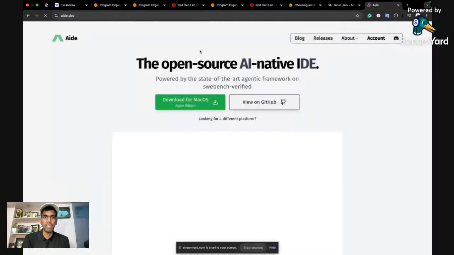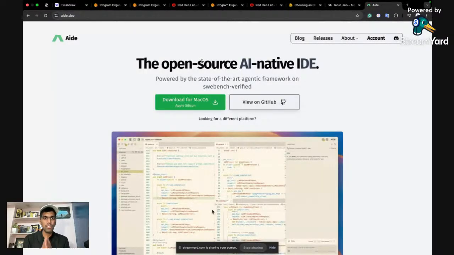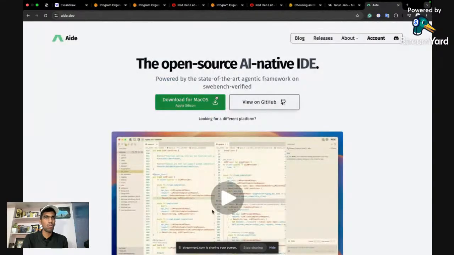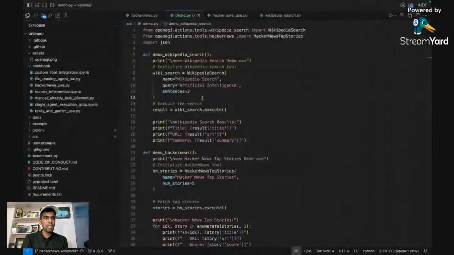It's an IDE which is completely open source. So it's very simple. If you have any open source repository which is listed in Red Lab or any GitHub organization, you need to clone that internally by downloading this IDE. For example, here I've imported OpenAGI, one of the examples. Probably if there is any Google Summer of Code 2025, we'll be joining via OpenAGI as well.